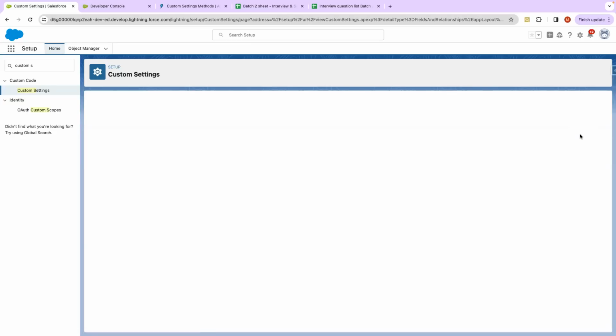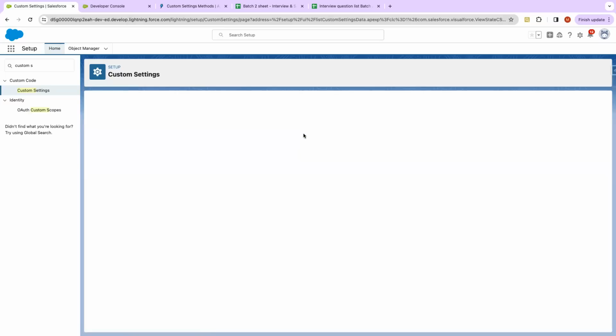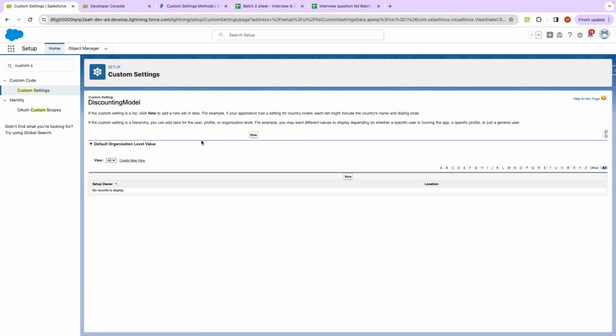Okay. Now we have created just one field. Now let us create some record on it. So you can see default organization level value. We will have to first define a default organization level value, and then we can define it for the user